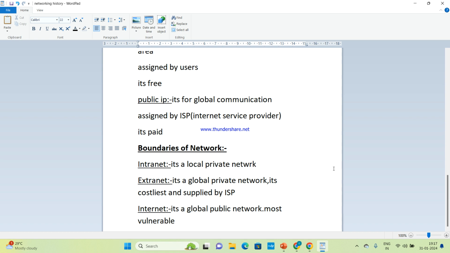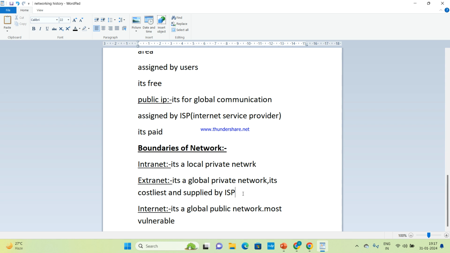Internet is a global public network. Extranet is a global private network. This is used by banks, and it's very costly. And intranet is a local private network within an organization for the internal team. Now, the monthly bill of internet will be 1200, 1500, right?